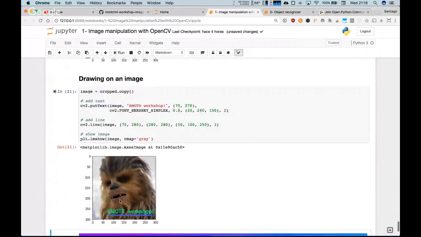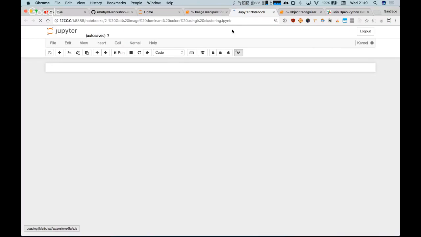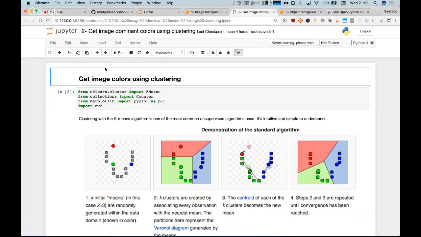And finally, we're showing you a little bit extra detail. This is not going to be really useful for machine learning, but you can see how simple it is to work with the OpenCV library. And now we're going to get to the first machine learning model of the night, which is